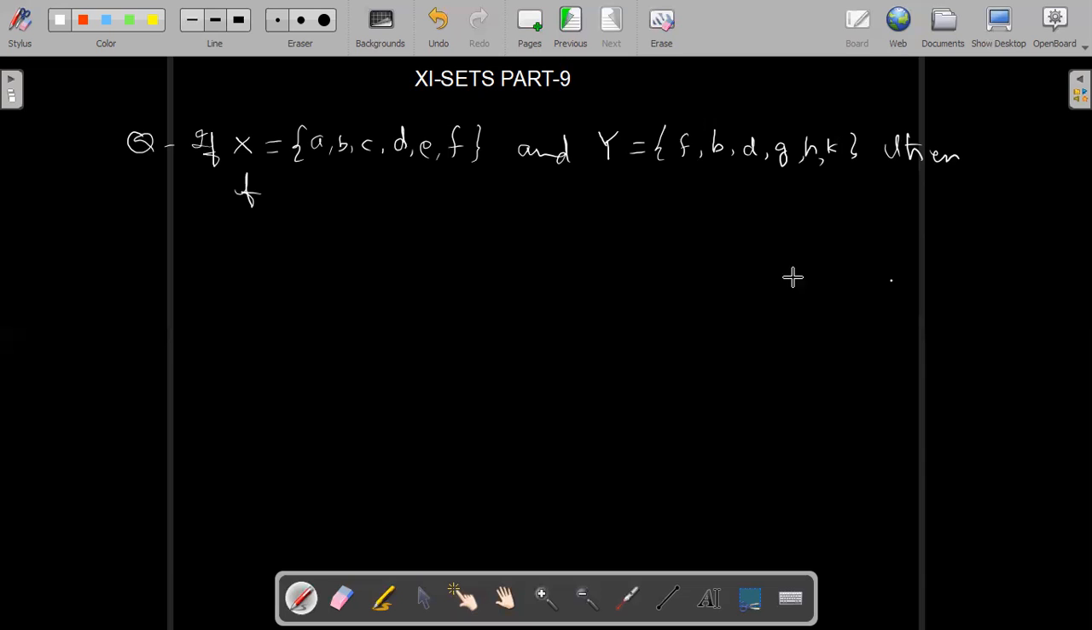Okay, so today we will do the difference of two sets. We have now one example on difference of two sets. If X is a set of elements A, B, C, D, E, F, and Y is a set of elements F, B, D, G, H, K,